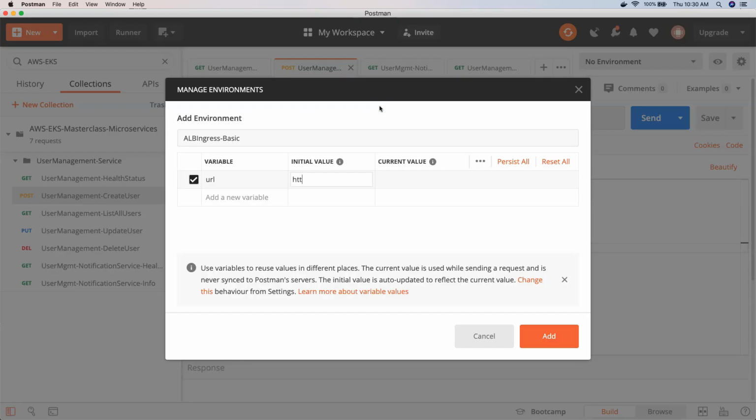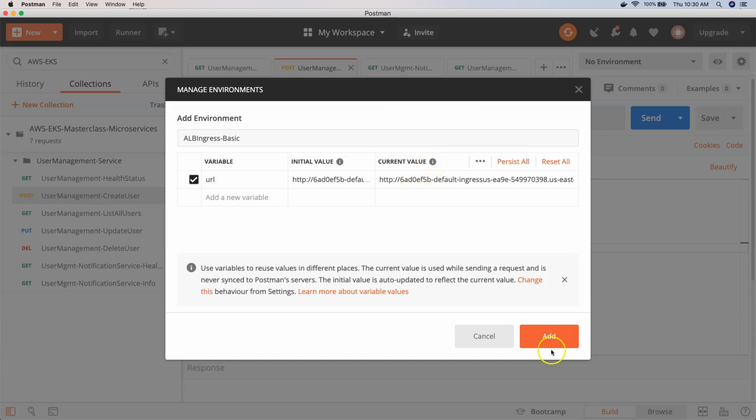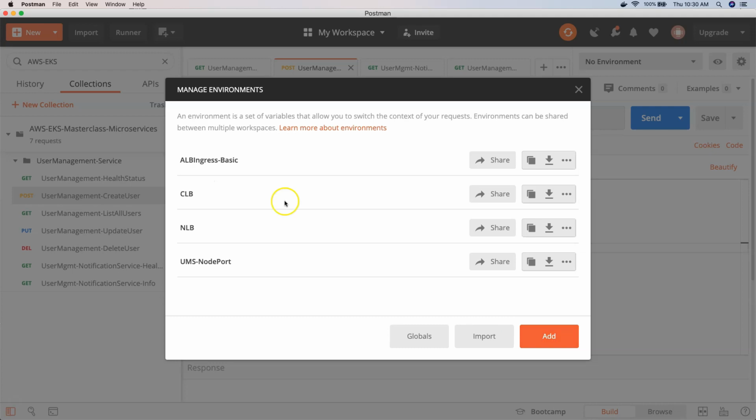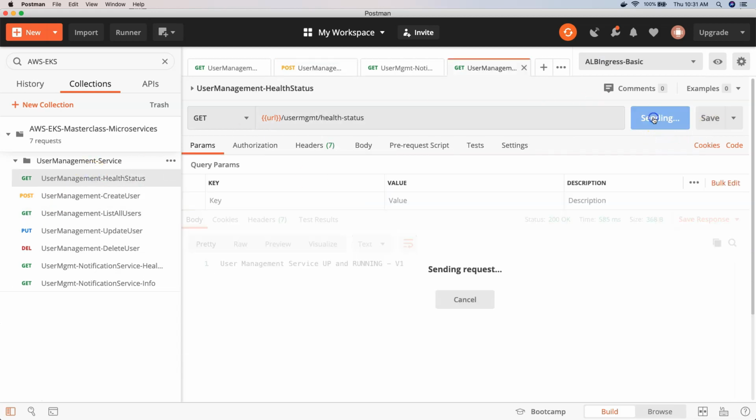So I'll say http:// and when I update the initial value, automatically the current value should be updated. The primary thing is we need the value in the current value only. Okay, so I'll click on add, and then close this, and I'll go to the environment here, ALB Ingress basic, and I can first test the health status.